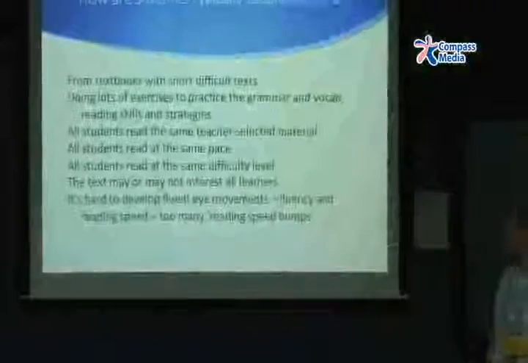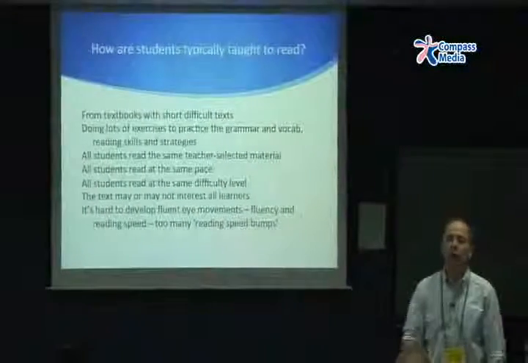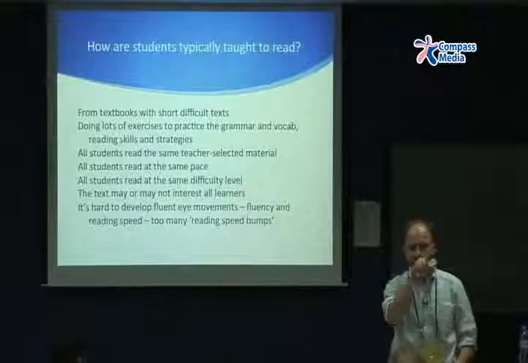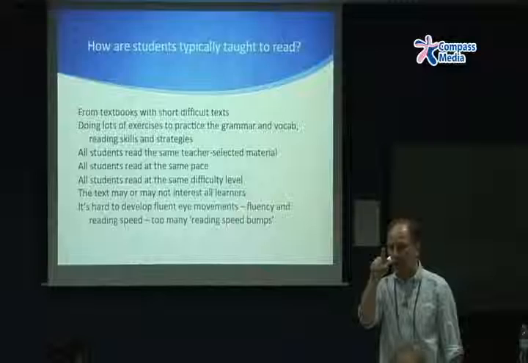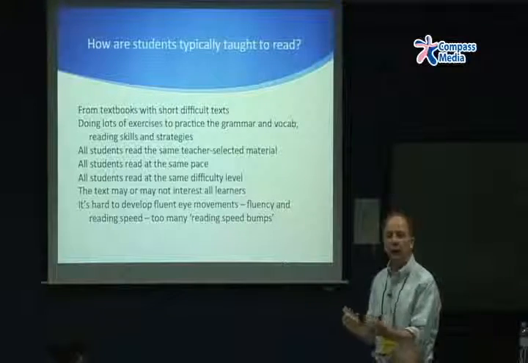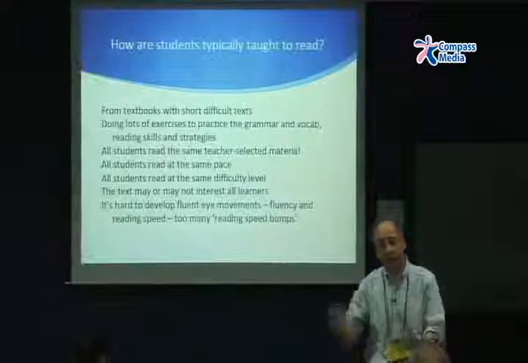And it's hard to develop fluent eye movements for speed reading if you are constantly slowed down. So your eye is reading like this and then stop. And reading, stop. Stop. So it's hard for you to, a bit like driving. You're driving along the road, they've got the bumps in the road, yes? You can't drive quickly. And this is the same thing here.